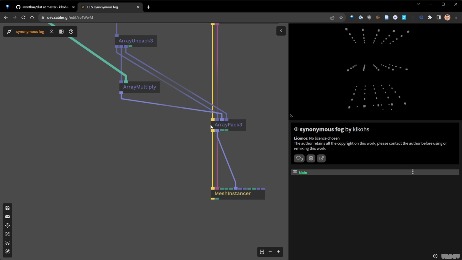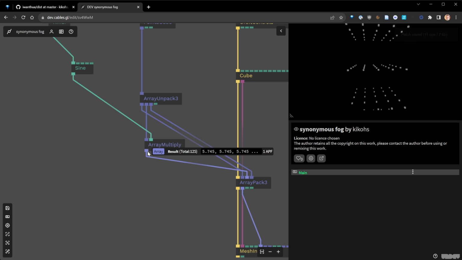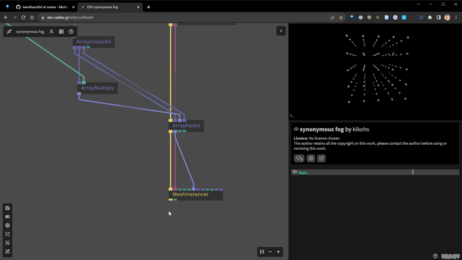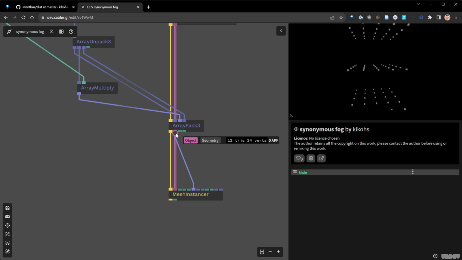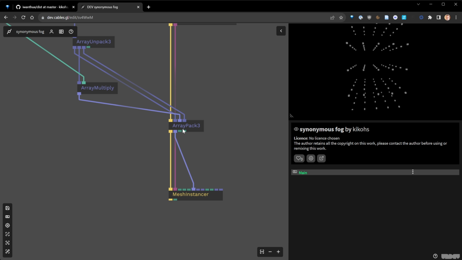So this is perfectly fine, as I said before, but you notice that the timer here is basically updating all the coordinates, and this is CPU based. And now in the mesh instancer, these positions are continuously changing and uploaded to the GPU. So it's fine